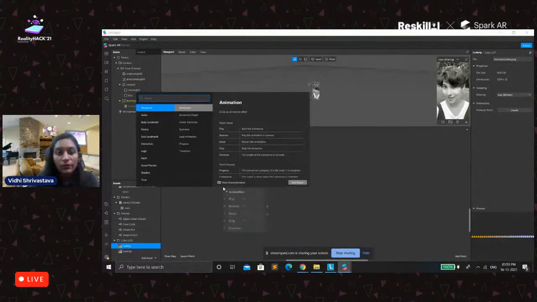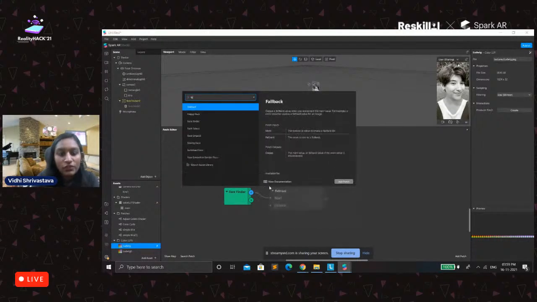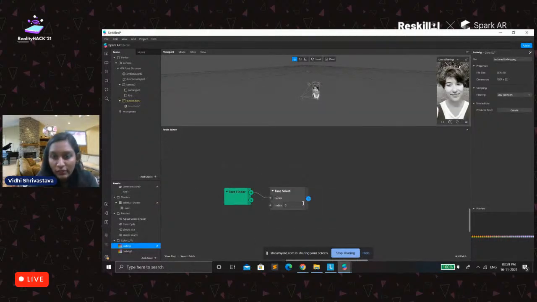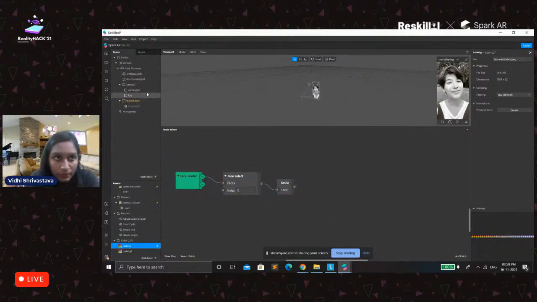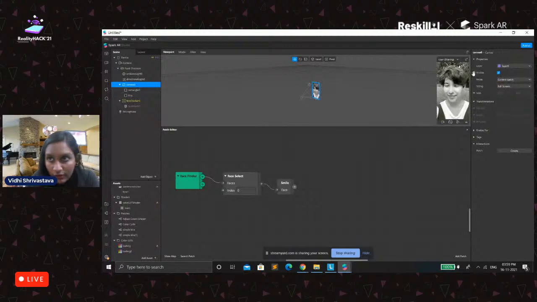So what we will do is, again, we will go and click on face finder, and let's go to face select. We need single for single face. Let's go with smile. Okay. And then let's add this one. So we have this one for the black and white effect, and this one is for the simple Kira effect. What we want is the full canvas should be visible.